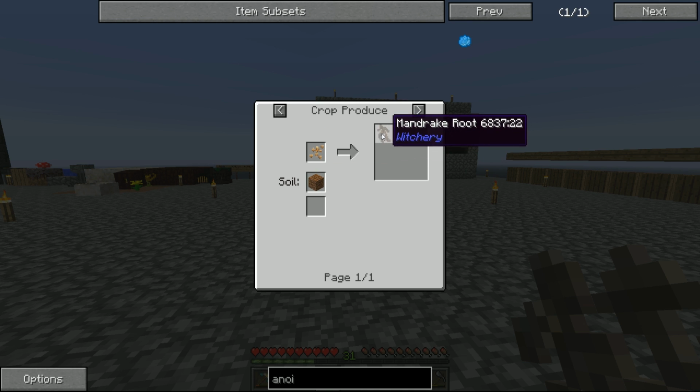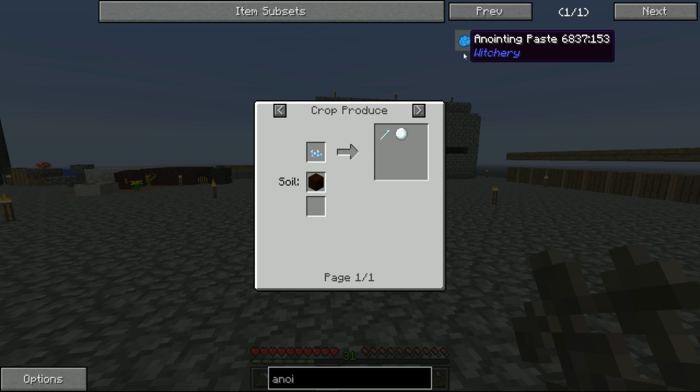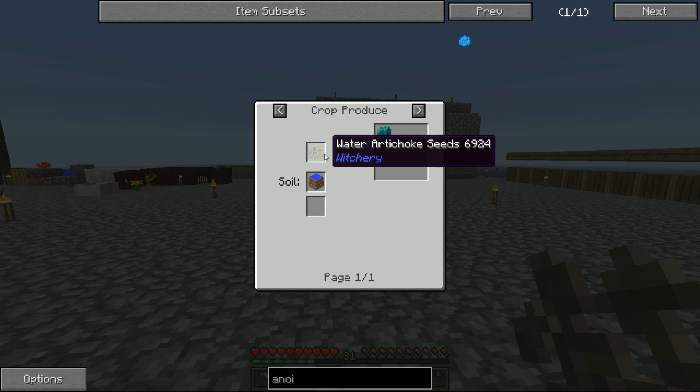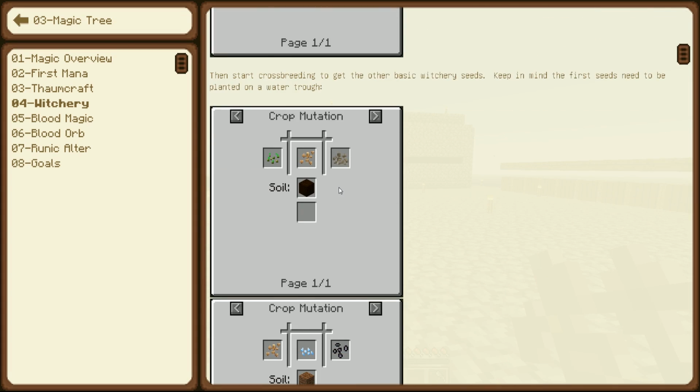For example, Mandrake Root can be obtained by growing Mandrake seeds. The Belladonna flower can be obtained from Belladonna seeds, etc. Icy Needle is from Snowbell seeds, and then the Water Artichoke globe is from the Water Artichoke seeds. And again, if we look back at the guidebook, you will see that the way that we get all of